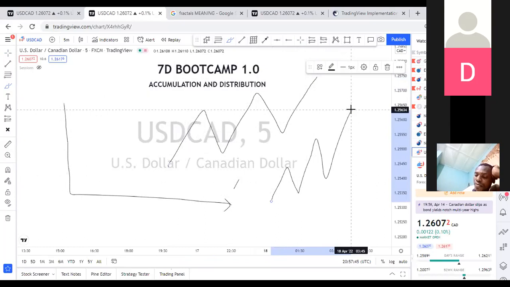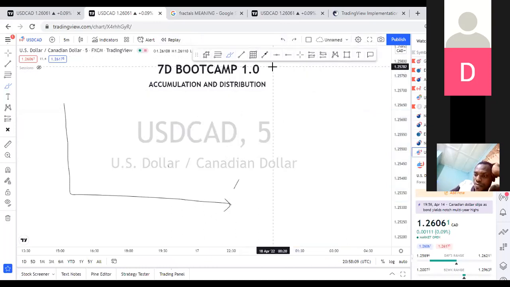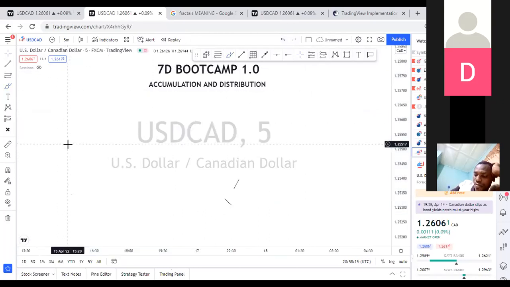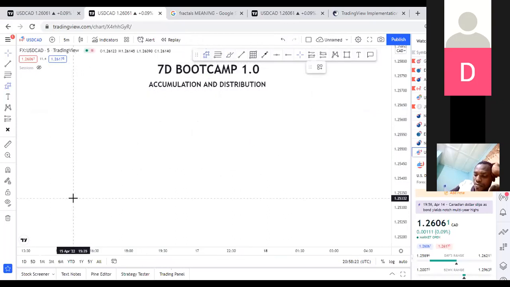If I have structure on higher time frame, I also have structure on lower time frames. So my understanding of this is what now makes me get my point of interest on the higher time frame, right? And then go to the lower time frame and look out for that same structure and then plan my trade. Okay, so now we understand what it means for price to be fractal. So let's move. I'm trying to keep it as simple as I can.